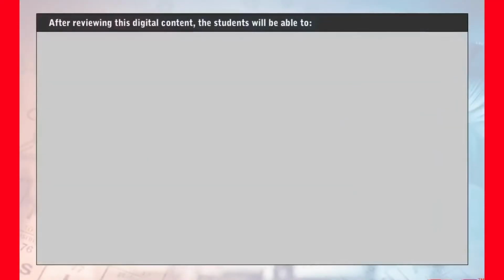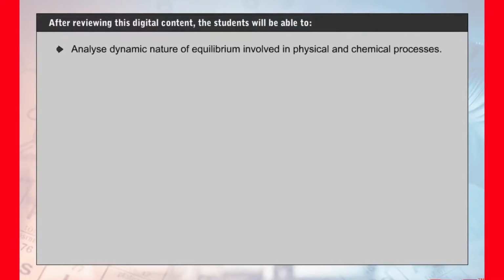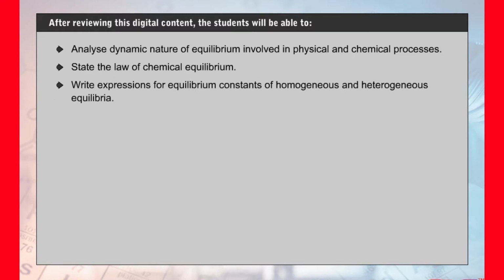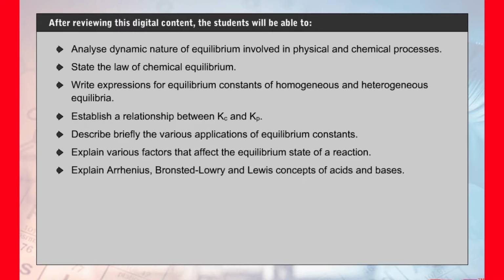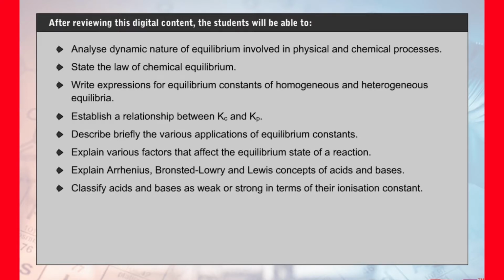After reviewing this digital content, the students will be able to analyze dynamic nature of equilibrium involved in physical and chemical processes, state the law of chemical equilibrium, write expressions for equilibrium constants of homogeneous and heterogeneous equilibria, establish a relationship between Kc and Kp, describe briefly the various applications of equilibrium constants, explain various factors that affect the equilibrium state of a reaction, explain Arrhenius, Bronsted, Lowry and Lewis concepts of acids and bases, classify acids and bases as